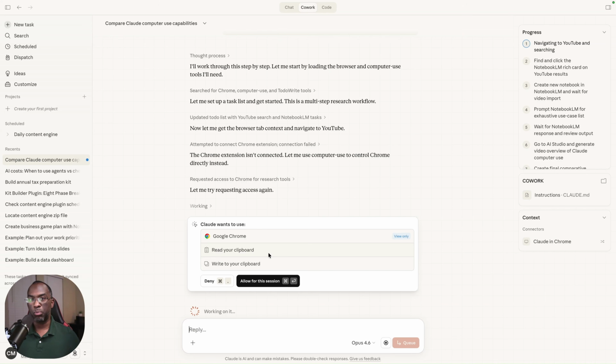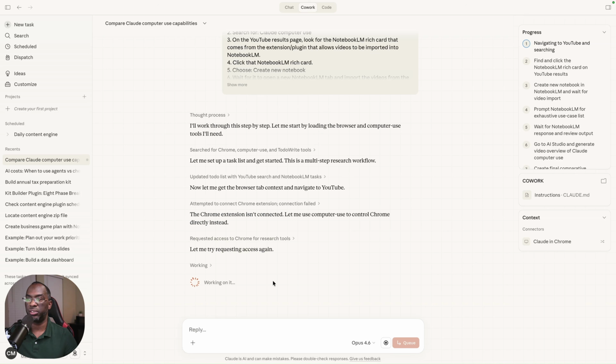One thing that's most confusing about Claude Computer Use more than anything else is the fact that there's no button for it. Claude determines when it needs to use it, and it simply activates Computer Use whenever it feels the need to do so. That's something to keep in mind when you turn it on. And so for this particular session, I need to give it access. So I'm going to allow it to read my clipboard and write to my clipboard,